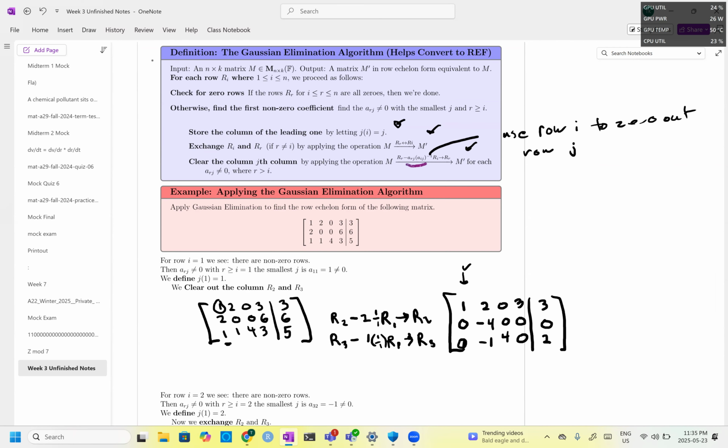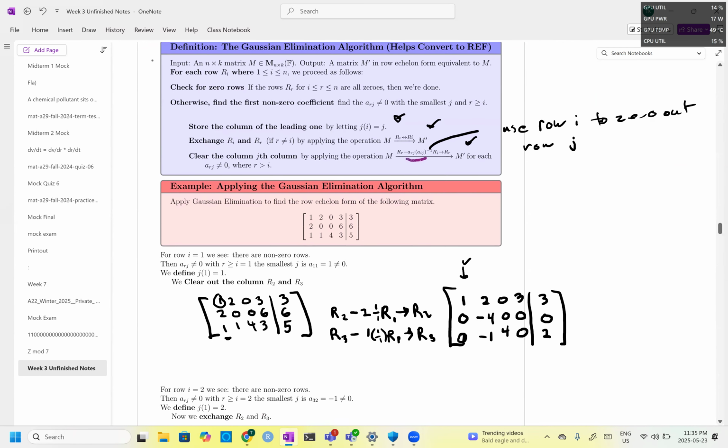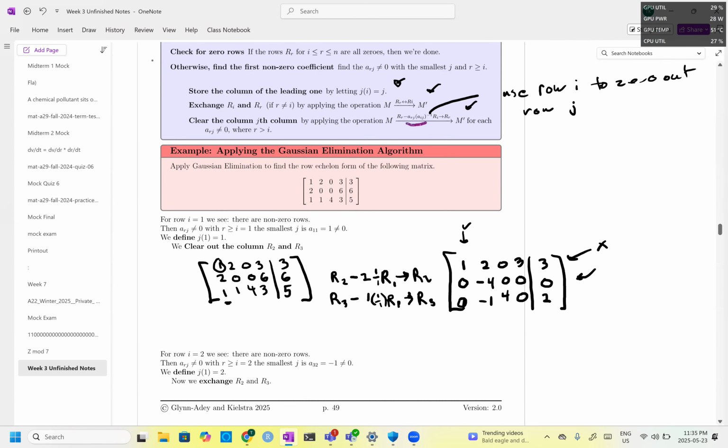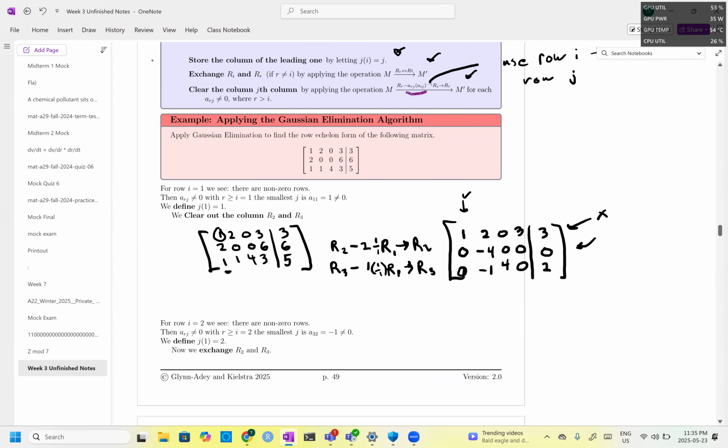Then I go to the next column and I repeat this process going down each row. I've done the first row. Now I go to the second row. I find the column to the right. That's the first non-zero entry, and I repeat. Now, when I'm doing this, when I look to the right, I am not allowed to use this row anymore. I have to use the next row. Okay, so now I'm allowed, when I look on row I need to either use this minus 4 or this